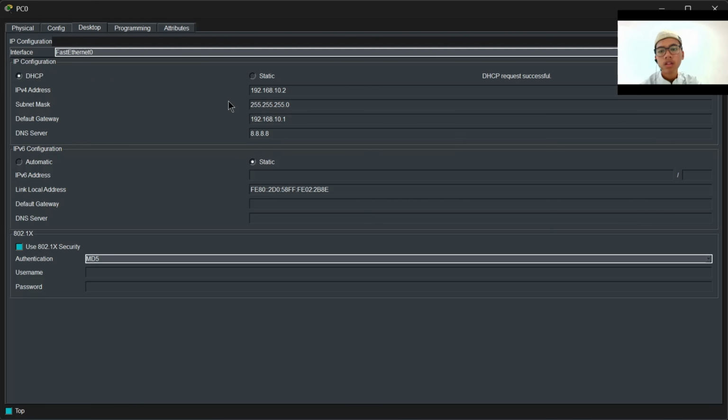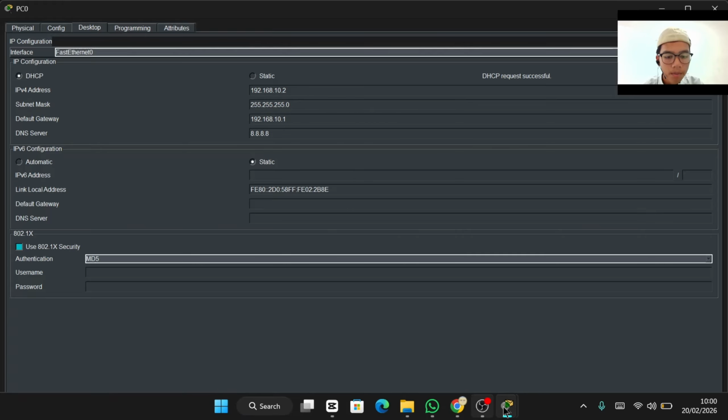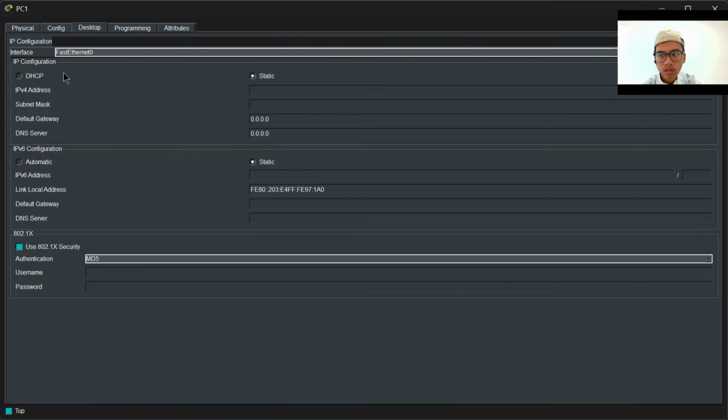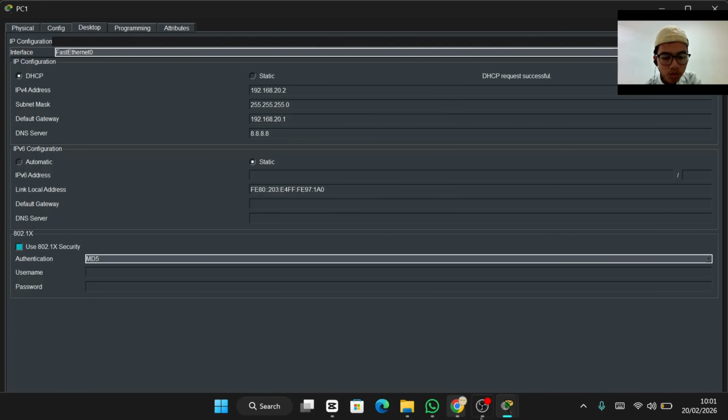This is the IP that was added automatically from the IP DHCP pool. Then we go to PC2, DHCP, and it is successful, and the address is different. The default gateway is 20.1, and the first address after 20.1 is 20.2.